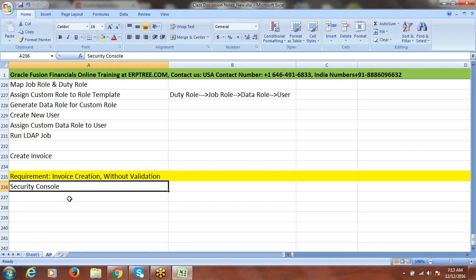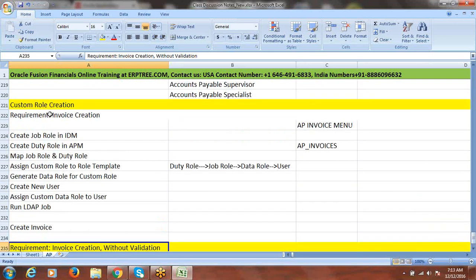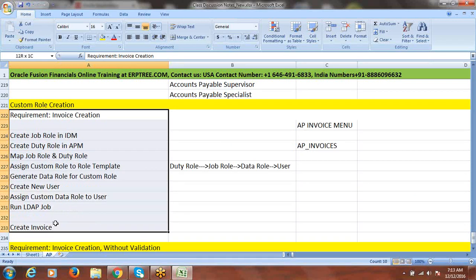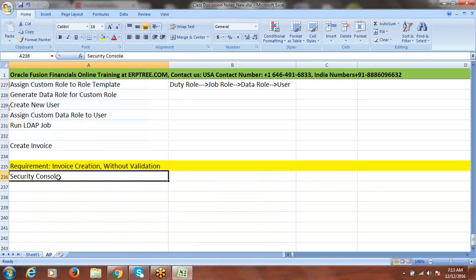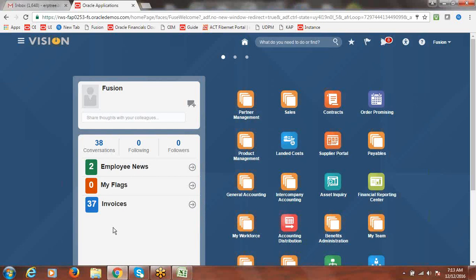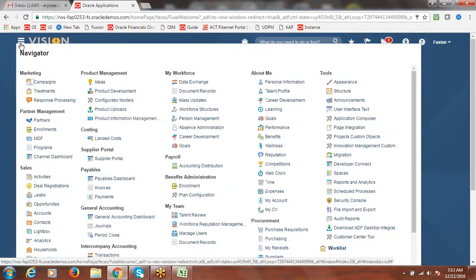So now we are going to create the custom role from the security console. Take this as a requirement, because a similar requirement we tested by going through the very standard custom role creation process. Now we are going to see through the security console how simply you can create that. Go to the application, go to the navigator, and under tools you will find the security console.